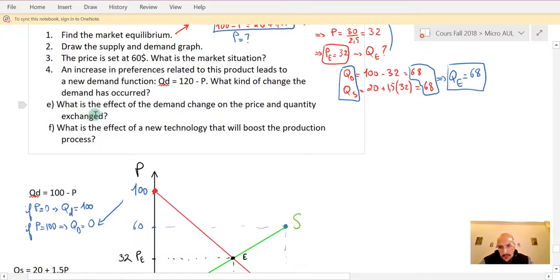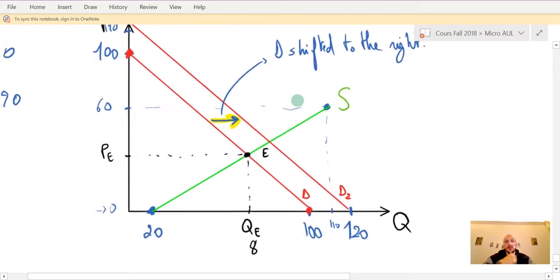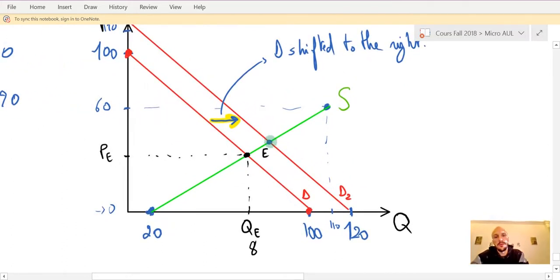What kind of change in demand has occurred? What is the effect of the demand change? هلا a new question. What is the effect of the demand change on the price and quantity exchanged? يعني على price و quantity exchange شو بيصير الإفكت؟ Here we can find out the new equilibrium and we'll see the effect here. So هيك شو صار. The new equilibrium is now here at a higher level. لاحظين? So the price at equilibrium الجديد صار أعلى, so the price has increased, بس كمان the quantity QE2 has